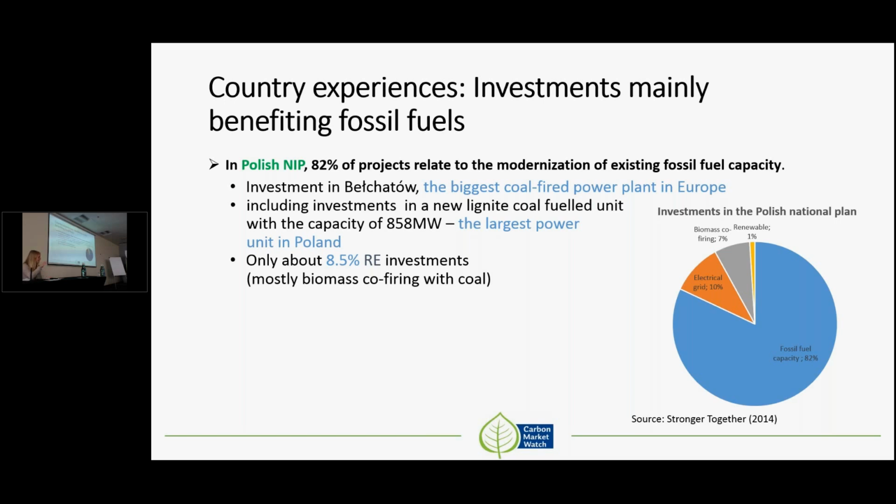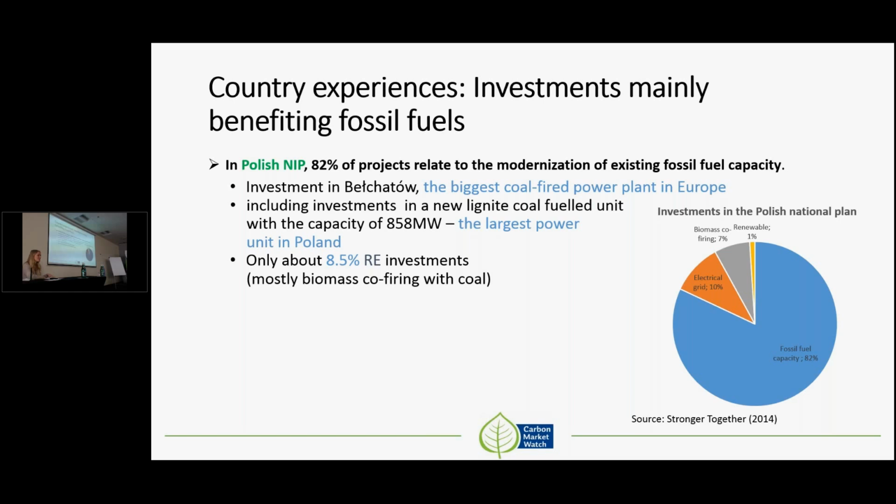If we look at the example of Poland, 82% of the 7.5 billion that we saw before was planned at the beginning of this period to be used for modernization of existing fossil fuel capacity, and this includes investments